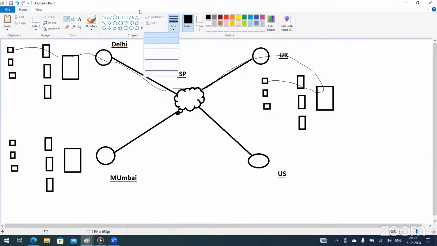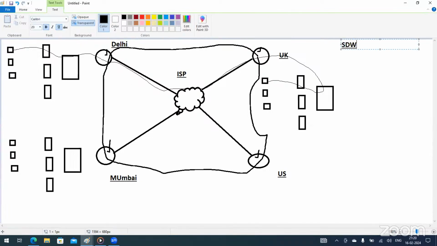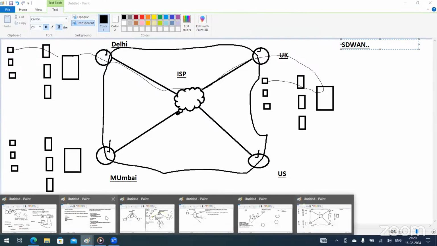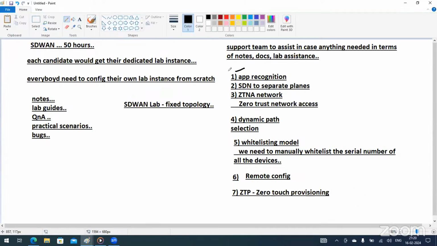Now, the scope of SD-WAN is to cover this network. This is the perimeter for SD-WAN. SD-WAN takes care of the WAN network, WAN routers, and things around the WAN network. This is the scope for SD-WAN. To manage the devices, all these features that I told you about are taken care of around the WAN network.